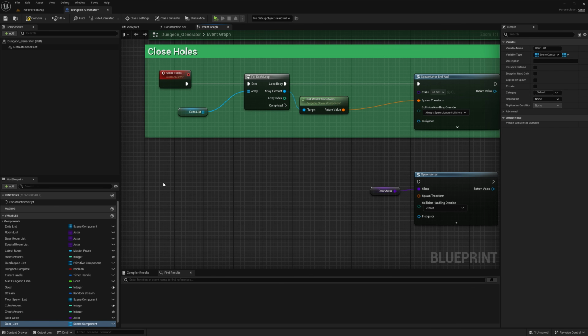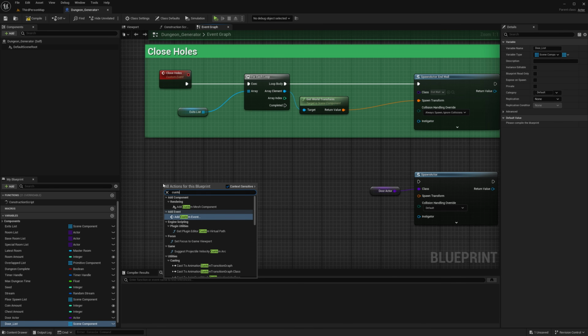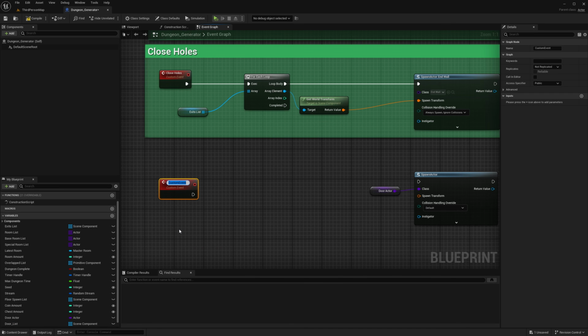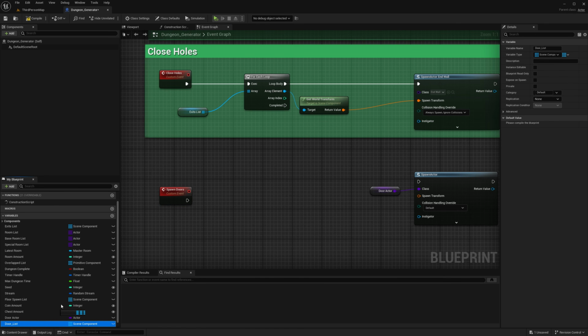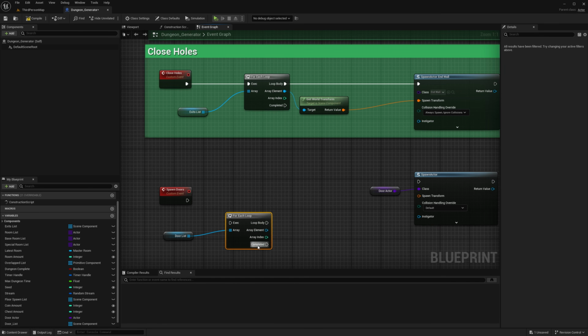So let's make a new custom event. Let's search custom event, add custom event, and then we call it spawn doors. Makes completely sense to me. Then we drag out the door list, we get the door list, and then we do for each loop, just like we're doing above on the close holes.